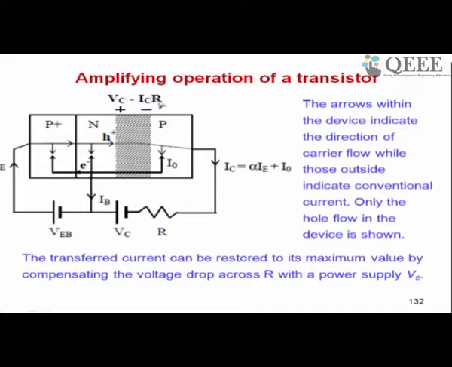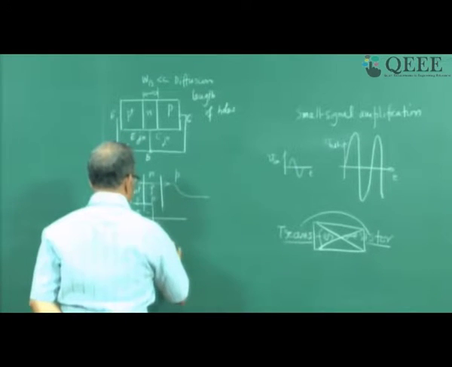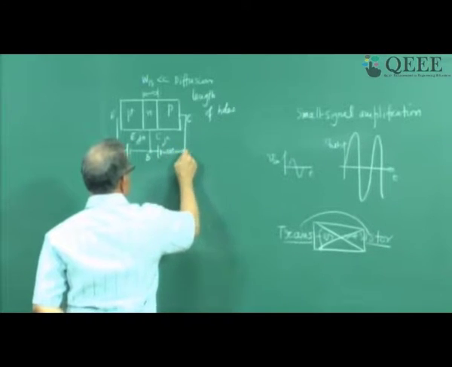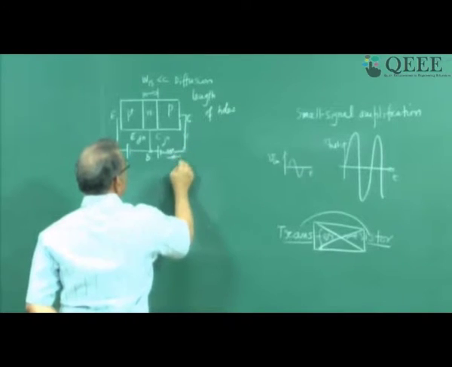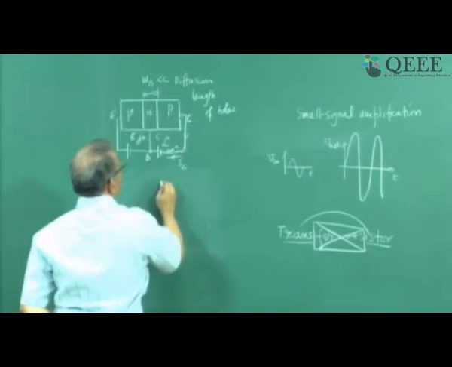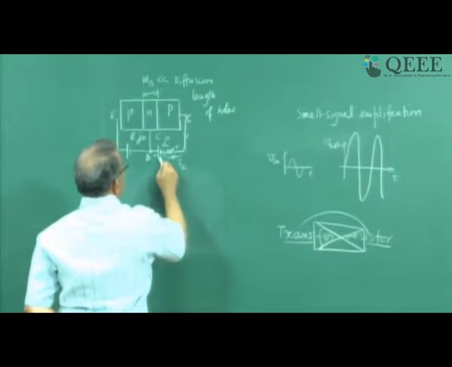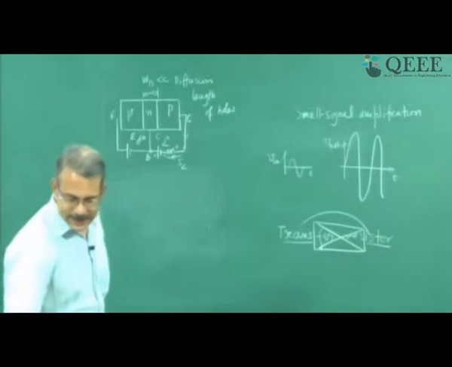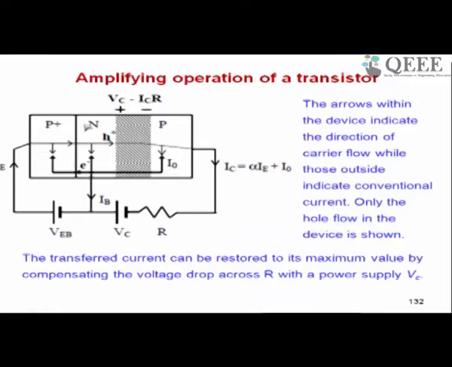Okay. Let me show that here. So the IC is flowing like this, and this is your IC into R, and this is in this direction. So the two are opposing each other, right, and they are cancelling. So now if I adjust my VC so that this VC is equal to ICR, I will again get back a zero biased junction, and then my alpha will become very close to 1, the entire current will get transferred.